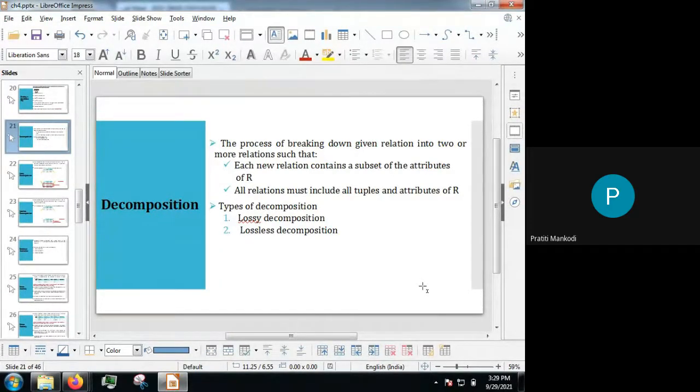Fine, so these two are. Ideally, what should be the decomposition type? Lossy or lossless? It should be lossless, right? I have a table with me, I'm splitting it into two. When I need to join it, should I lose the information? No, I should get back all the information with all the relevant consistent tuples. So our aim is to focus on lossless decomposition. Whenever you are splitting the table in normalization, think that your decomposition should be lossless. Clear? That's the simple definition for decomposition.